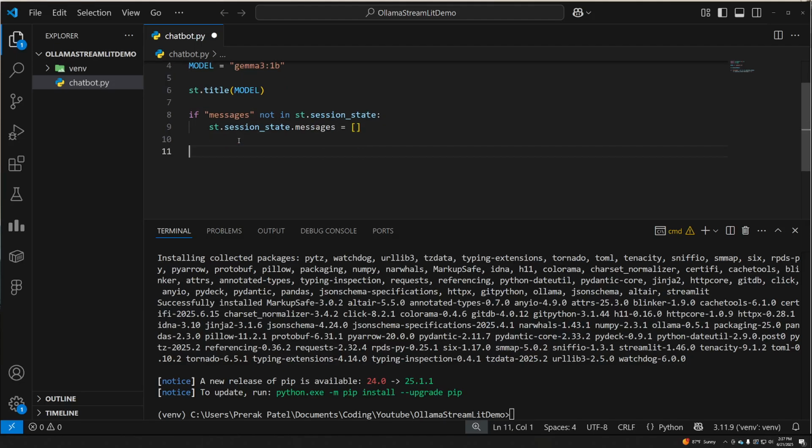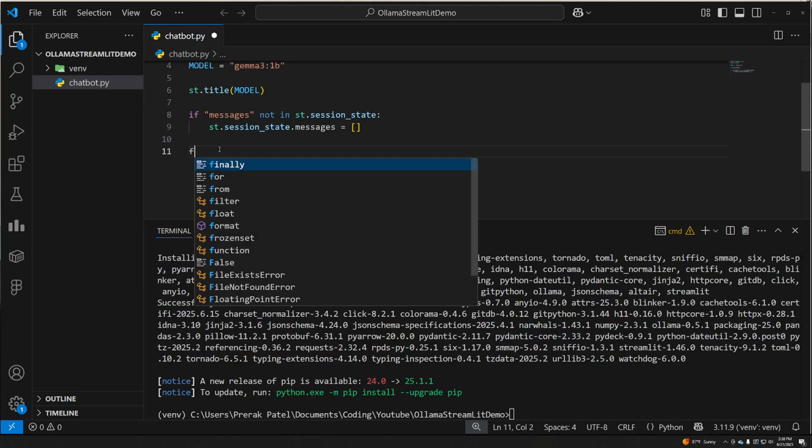This is just initializing the messages. For more information on exactly what's going on here, I have another video, an intro to Streamlit video, which I can link in the description of this video. So please check that out. I go in depth on exactly what's going on here, and it's very simple. You should be able to understand it in 1 or 2 watches.